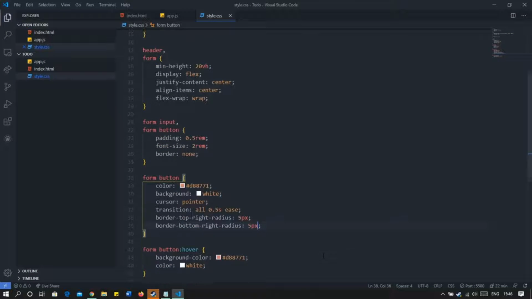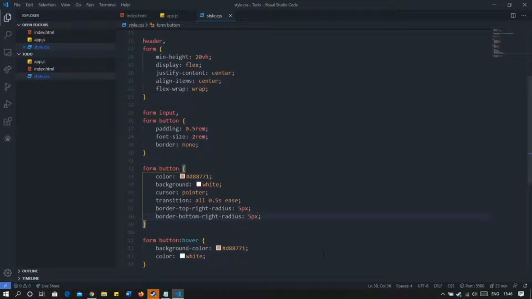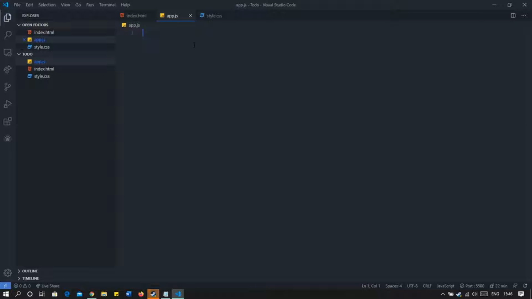So now let's move on to our actual working of the system. Now we will create our JavaScript code here. Basically we will divide our code into 3 sections. We will have our selectors first, then all the event listeners in one place, so that it becomes easier for us to develop the code, and then we will have our functions here. So, selectors.